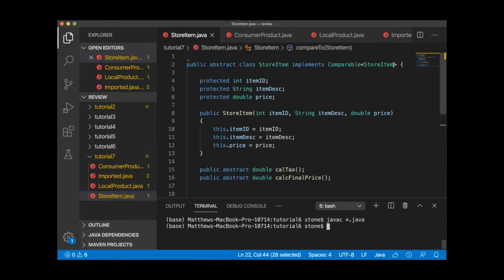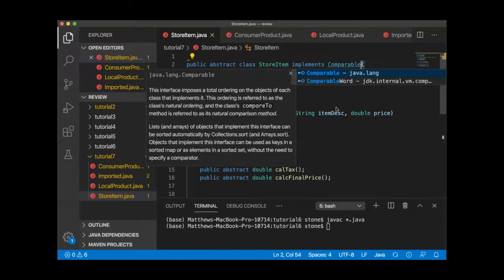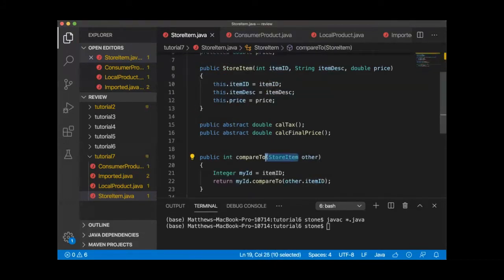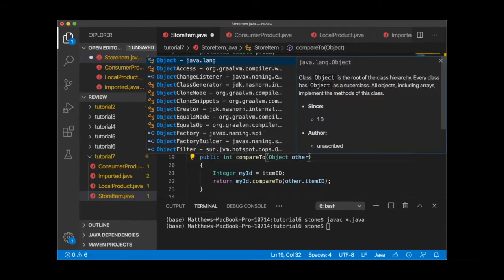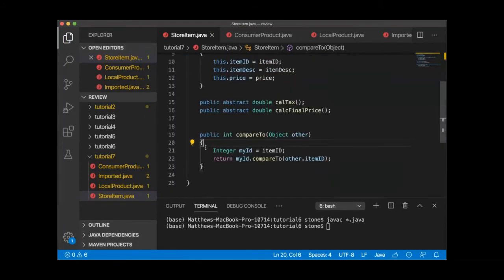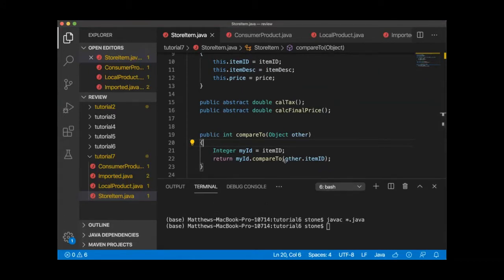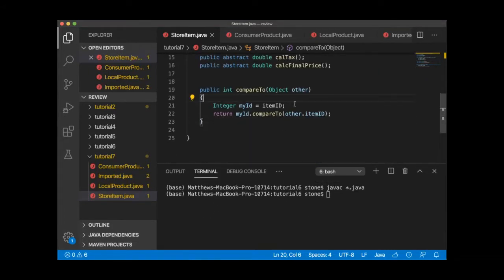Now let me show you how you would do this if, for example, we did this instead. Let's say we didn't specify the type, so what we had here was an Object. If I tried compiling this right now, it would not work. The reason being, other here is of type Object, which means it does not have an attribute called itemID. It would not compile. So what I would have to do is something like this, which is called